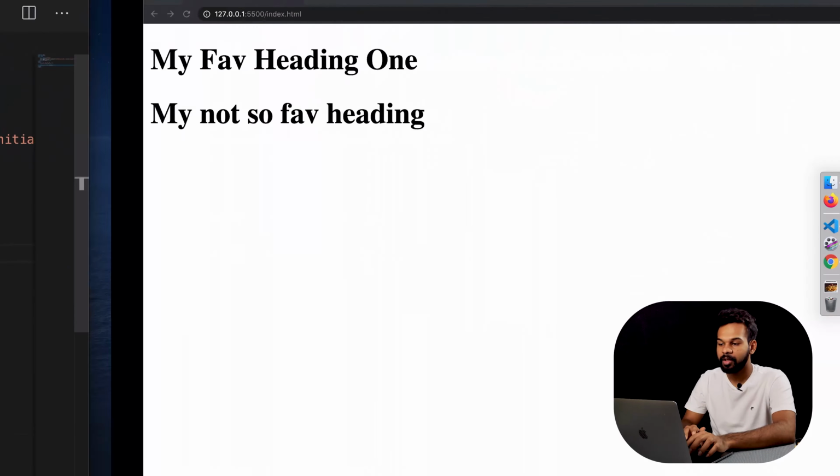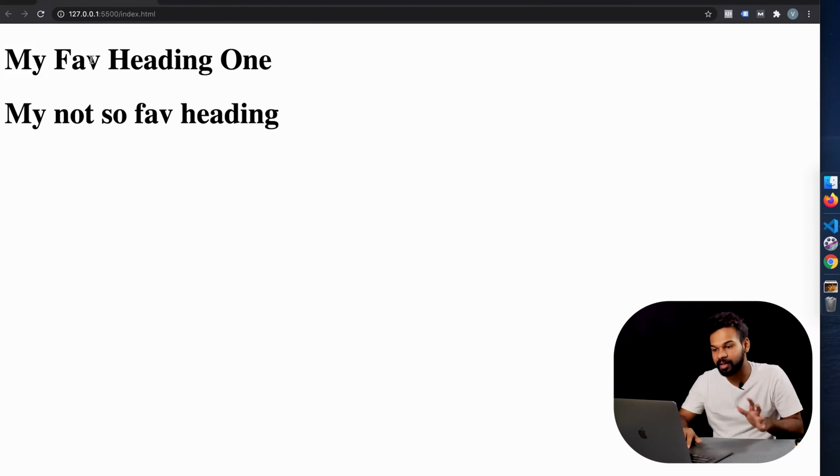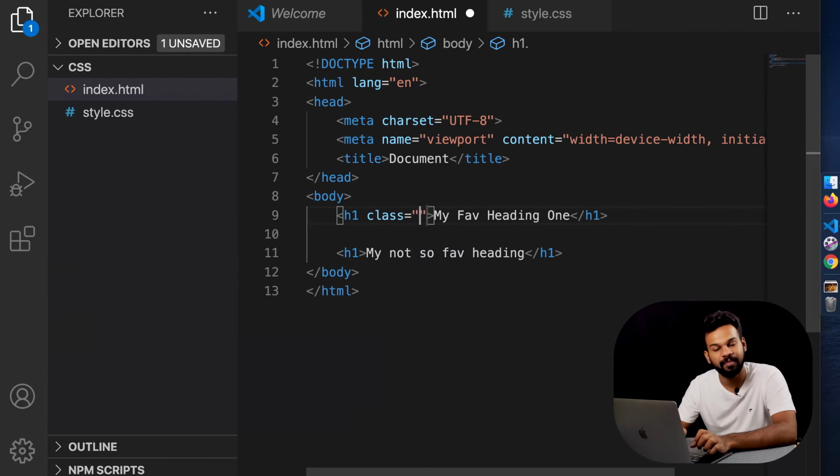Alright, so this heading is my favorite one, so I want to give it special treatment. So how do I do that? So the one way which I can do that is by adding something called a class. Alright, a class, and I'm going to give a name to the class. Okay, so before I jump any further, let me give you a brief idea about what is a class and